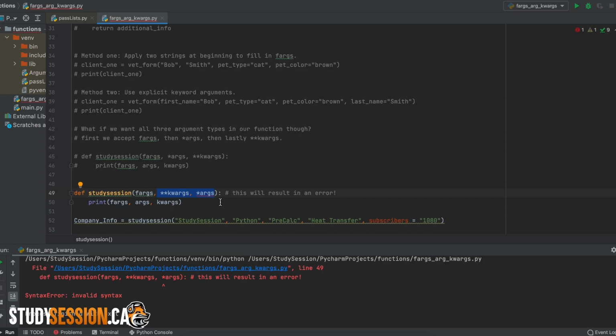Alright, so you now should have a broad understanding of what these three types of user arguments are. In summary, formal arguments are necessary arguments, args are just a way of accepting any number of positional arguments from our user, and lastly, keyword arguments allow us to generate a dictionary that can be filled with any relevant data using key value pairs.